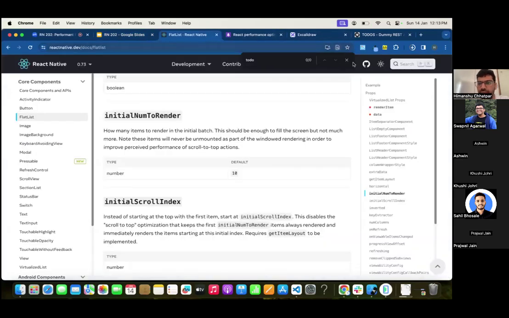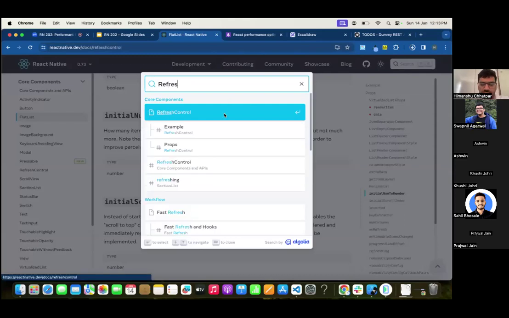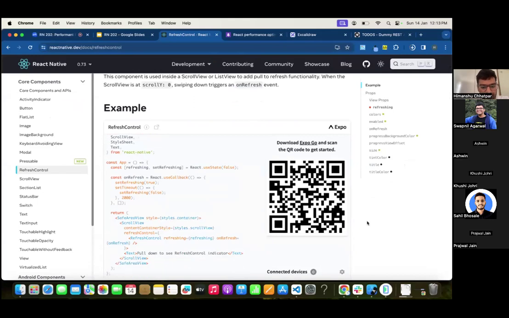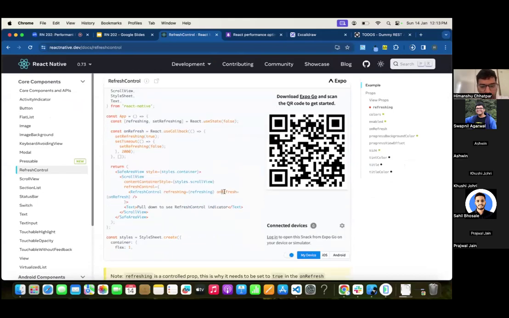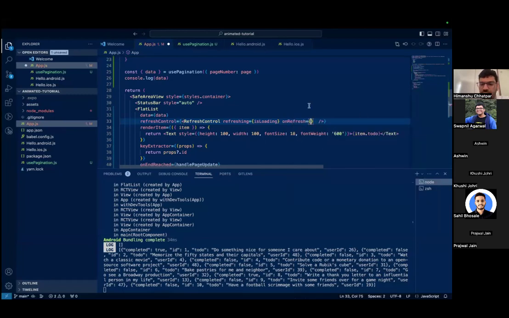There is one other prop. I forget the name of it. Refresh control. Yeah, onRefresh is the prop. So whenever the user pulls down and refreshes the screen, I just want to basically do whatever you want. So for now, I'll just console.log